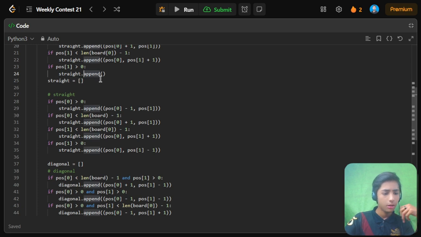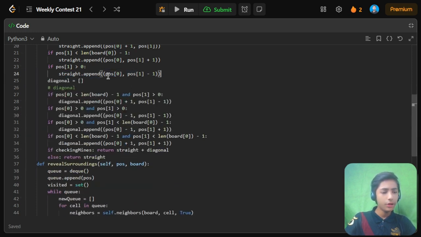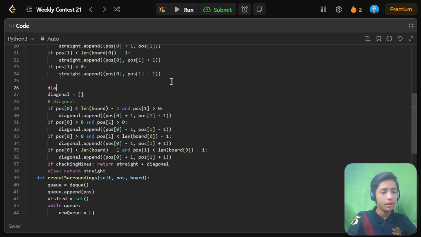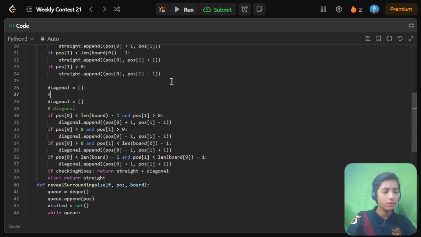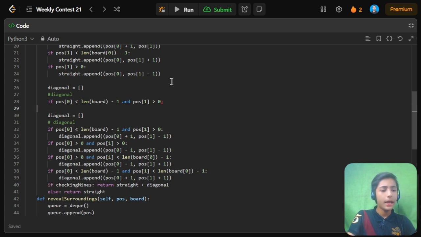Okay, define here pos 0 comma pos 1 minus 1. Now enter back enter, diagonal equals to, then diagonal if pos 0 less than length board minus 1 and pos 1 greater than 0,